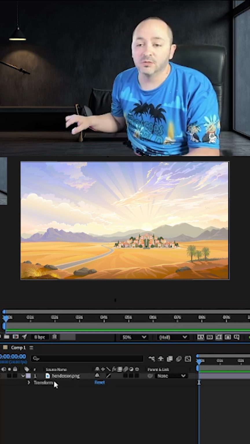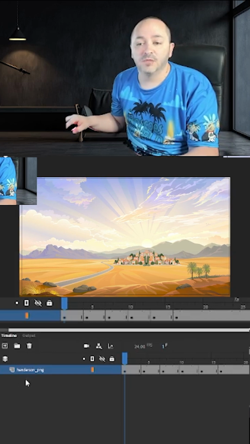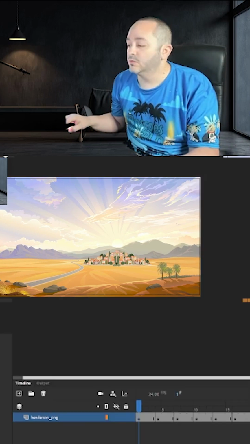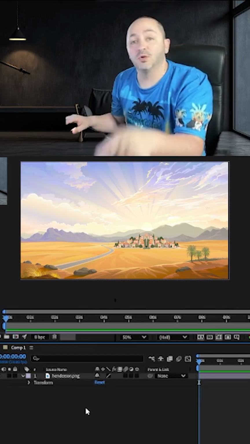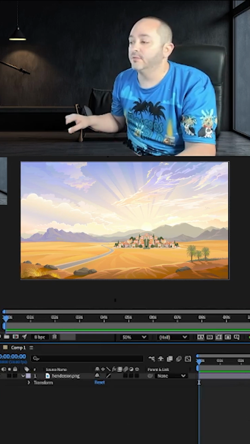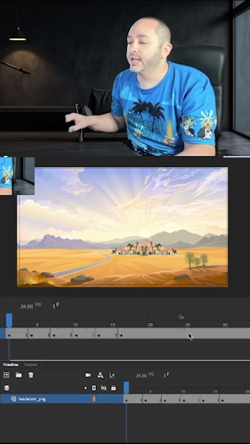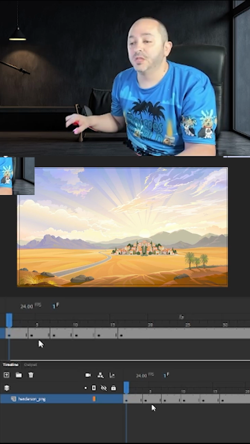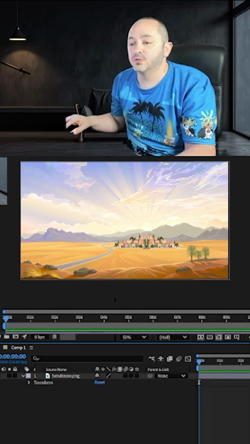We have the layers, okay? So you have the Henderson PNG, which is this picture here, the same thing as right here, all right? So this screen over here is going to be your layer screen. And then you have the timeline, just like in Animate. Now the difference between Animate's timeline and After Effects' timeline is these little boxes. There's no boxes here, which is why After Effects will be perfect for what I'm trying to do with this